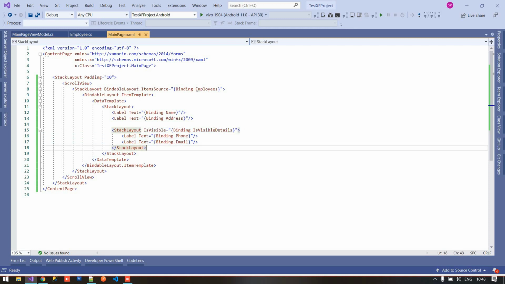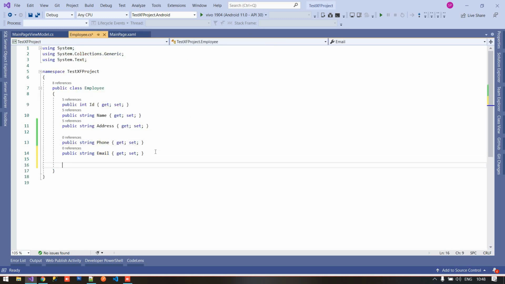Here we need to create the IsVisibleDetails property, and make sure that we create this binding property as a boolean. When we set the property value on the fly, we have to use INotifyPropertyChanged.